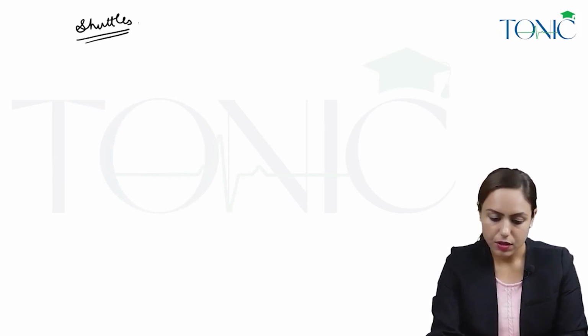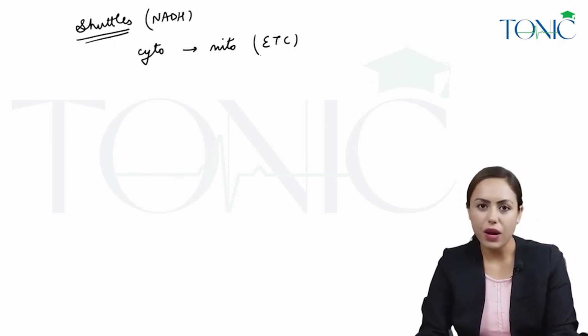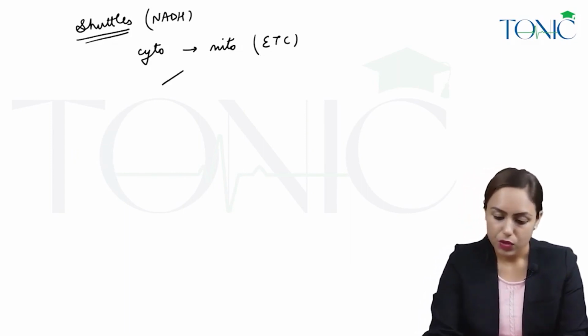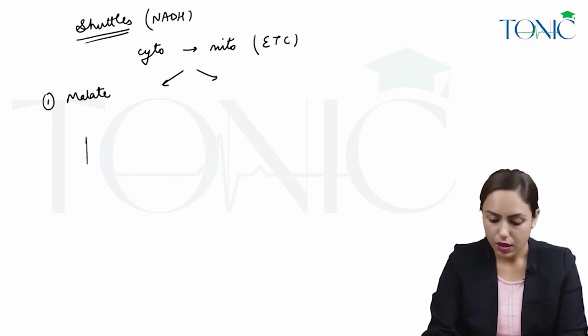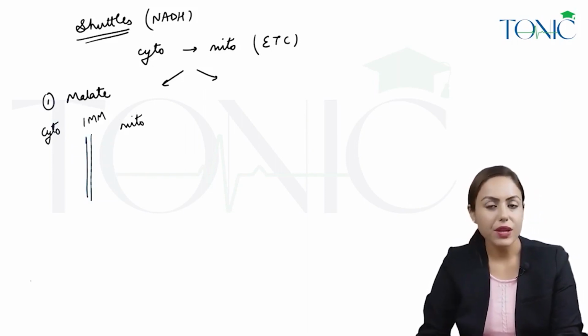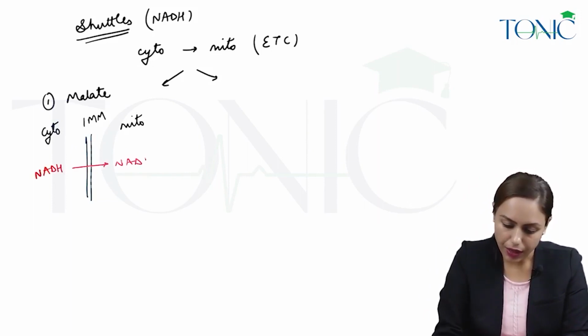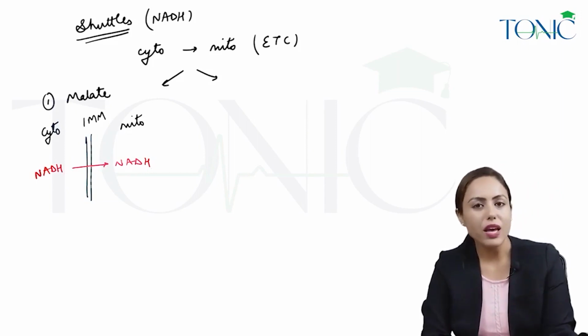Shuttles, that is NADH shuttles, move NADH from the cytoplasm to the mitochondria so that in the mitochondria NADH can take part in the ETC. Okay, so we have two shuttles. One is the malate shuttle, in which, if this is the cytoplasm, this is the mitochondria, and this is the inner mitochondrial membrane, then here what is happening? NADH is taken from the cytoplasm and NADH is delivered in the mitochondria with the help of some enzymes